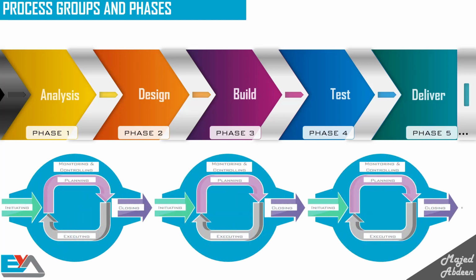Now, depending on the size of your project or phase, you might have all the process groups taking place in each phase. Remember that the process groups are mandatory for any project, regardless of size or type or complexity. That means every project has to start with initiating, then planning, and they should have executing and go back to planning. Meanwhile, they are monitoring and controlling, and so on until closing.